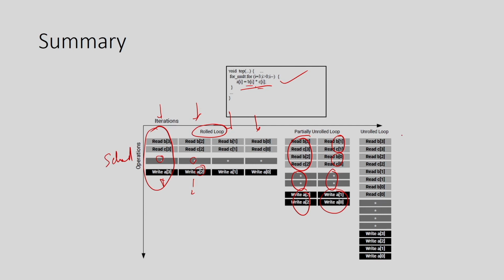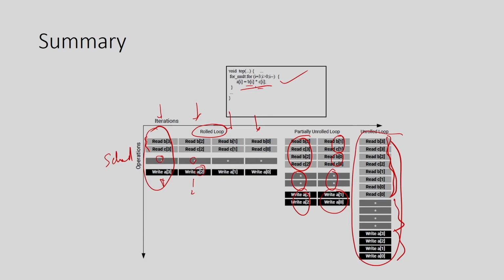And if you completely unroll, everything is a single iteration. So, all 4 reads from B and C, all 4 operations and all 4 writes to A are going to happen in a single iteration. And how many clock cycles are needed for these operations? It depends on your resource availability. So, it might be 1 cycle or k cycles based on your resource availability and also how these arrays get mapped to block RAM, which is also a deciding factor, because based on this access pattern you have to see.